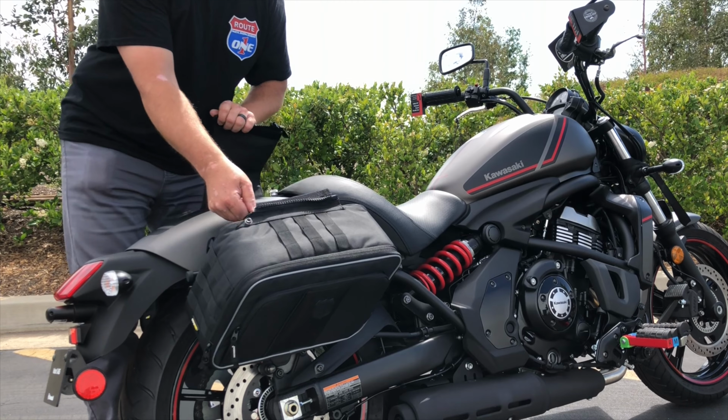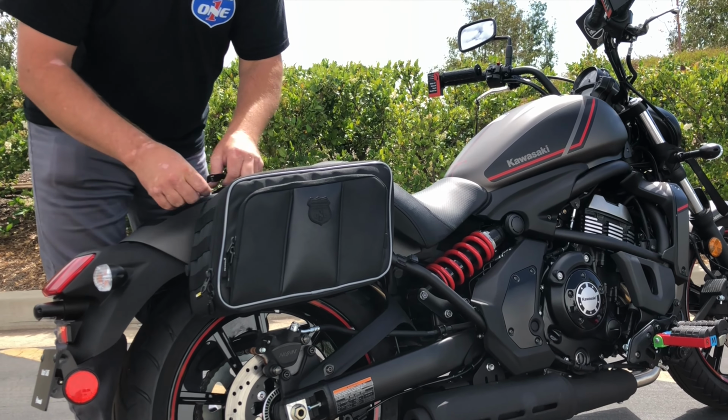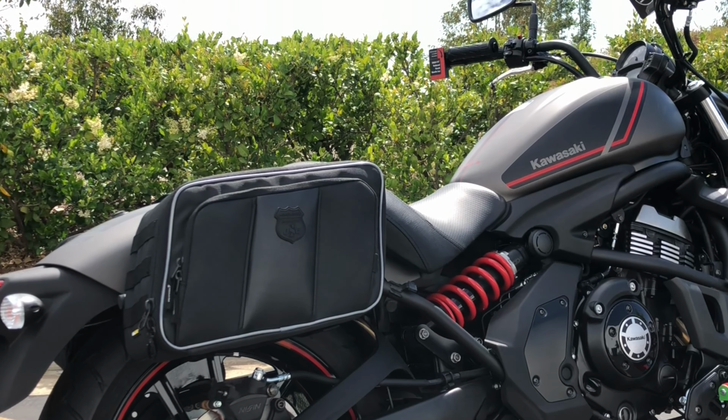So once we have the other bag snapped into the other side, we're going to attach our throw over strap. We're going to zip it closed and give it the final snap. This is what your bike's going to look like if you are not using a passenger backrest. Now we're going to take the saddlebags off really quick and show you the installation if you're running a passenger